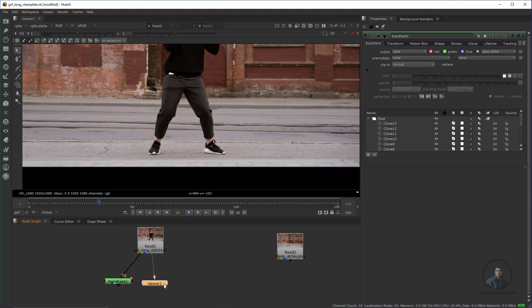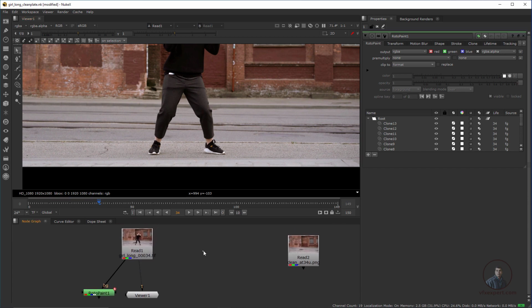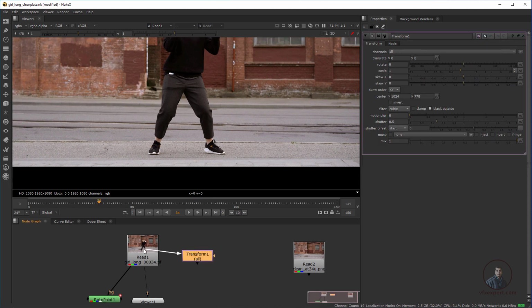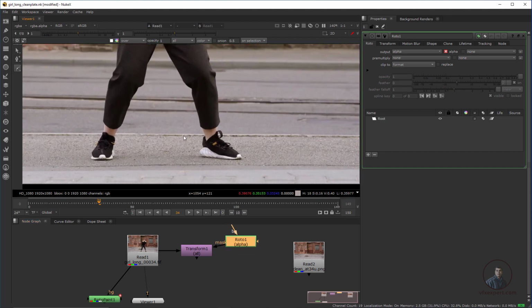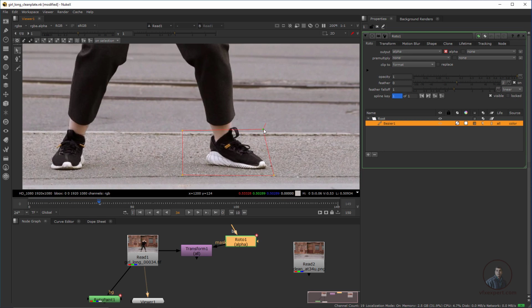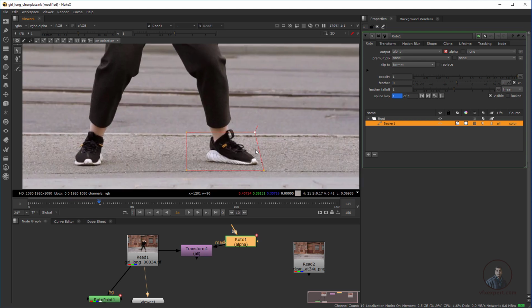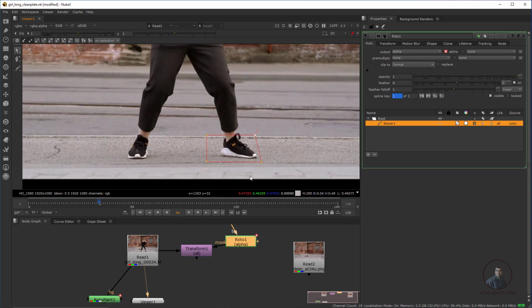For this I am going to take a TransformMasked node, press Tab, type TransformMasked, and connect your footage here. Then take a Roto node, O, like this, and connect it with this mask, then create a patch here. Whatever method you use for the patch is fine, but here I am going to explain how this Roto is working.